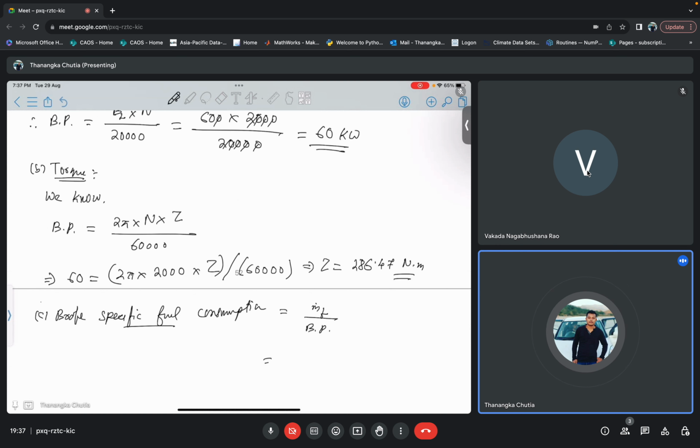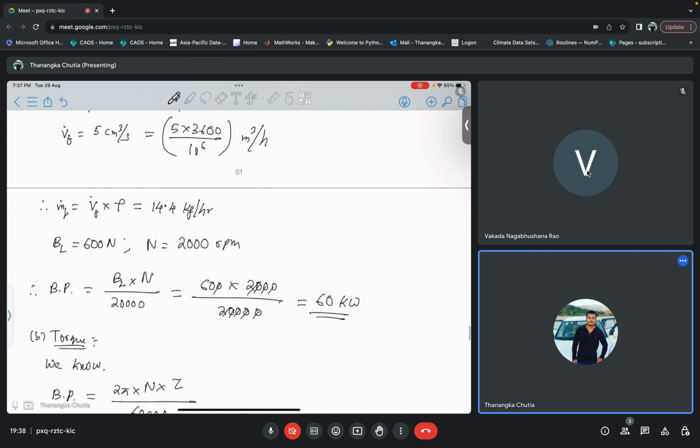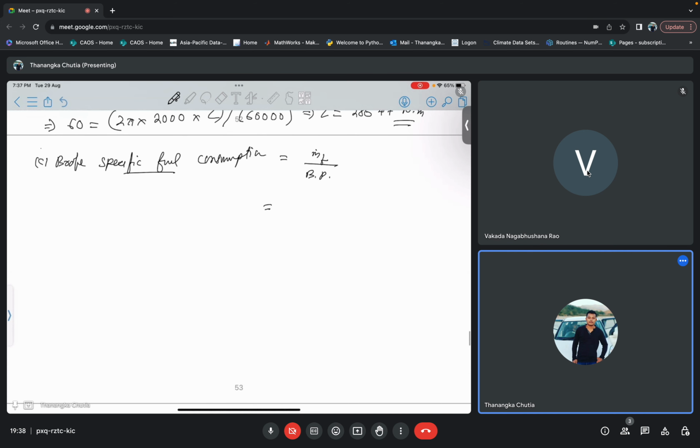Okay, so your mass flow rate of the fuel is, you got it as 14.4. Okay, and this is you got as 60. 14.4 it was kg per hour, and this is your kilowatt, so you will get this in kg per kilowatt hour. Okay, 0.24 kg per kilowatt hour. Okay,